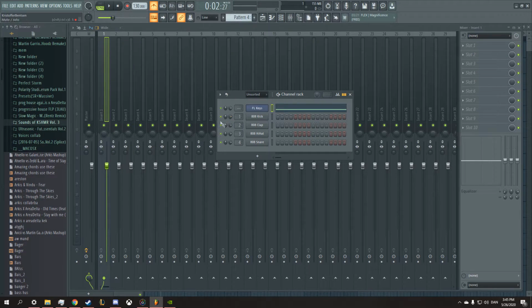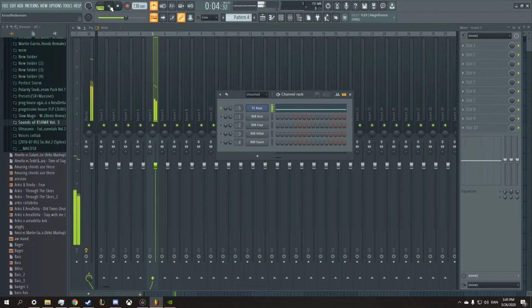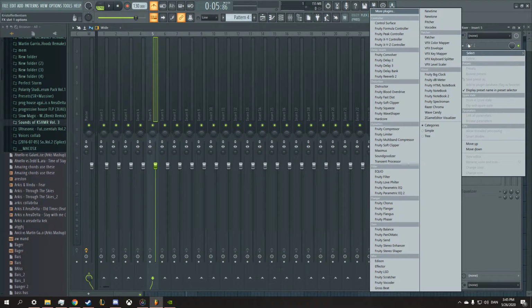Now let's see, each one of these is assigned to a mixer slot. The kick here, you can see, is assigned to insert 1. And just for reference, if you want to add something to it, you can either go like this. Slot 5 isn't taken, now it's part of slot 5. You can see now it plays here. So now the important part about this is if you want to add an effect or something, you have